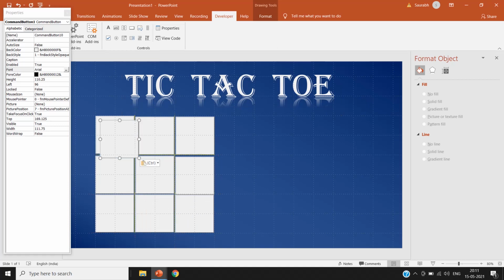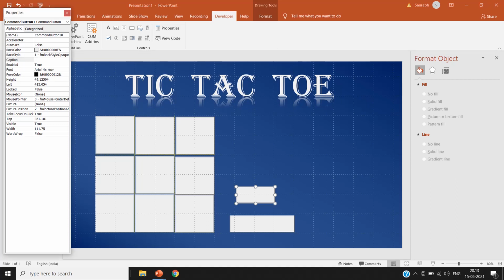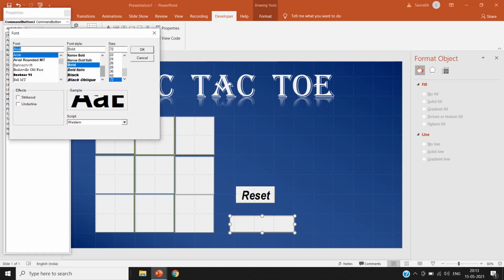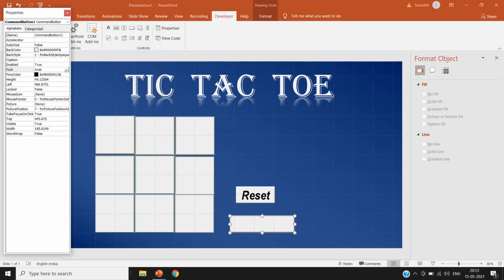I'm making 2 extra blocks for a reset button and for new game. Now in front of caption write Reset for the first button, and for the second button write New Game. Select the font and size as you want.